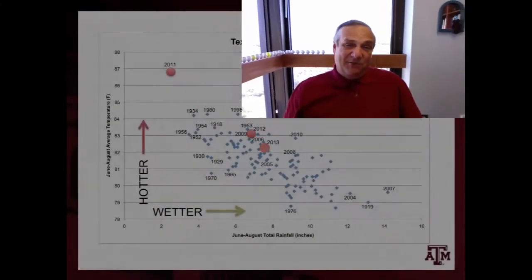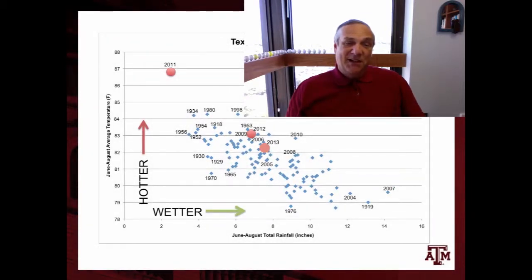In the summertime, temperature and rainfall are pretty closely related. Here on this graph, each dot represents a different summer in Texas. I'm plotting average rainfall from left to right against average temperature from bottom to top. And you can see the wetter it is, the cooler, or let's say less unbearably hot, the summers in Texas